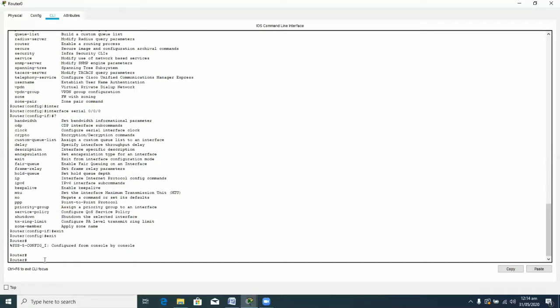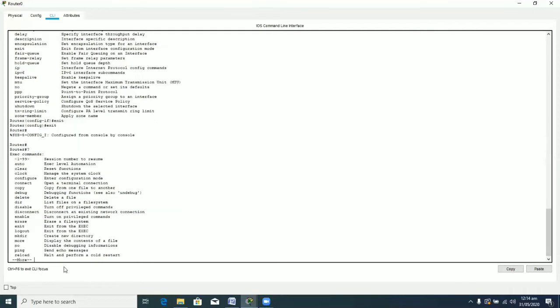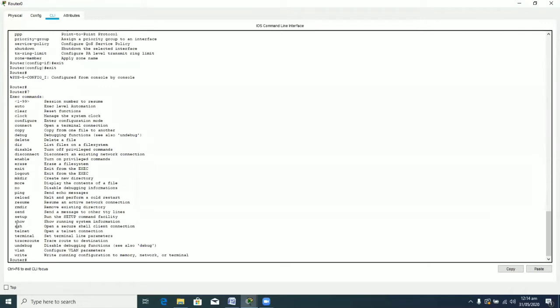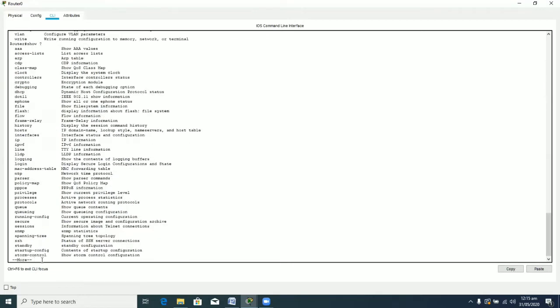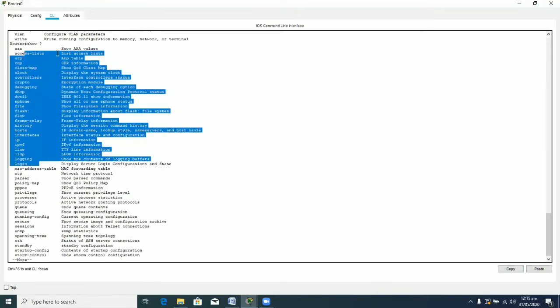So first of all, we want to check whether our router clock is working properly or not. We have a very powerful command at this enable or privilege mode, and that command is known as the show command. So I have typed show over here. If you want to check this show command, simply press the help feature, and here you can see we have show running-config. Whatever configuration is present in your router can be seen from here. After show there is also a help feature related to the show command, and you can see that it is a very large list for the show command alone.